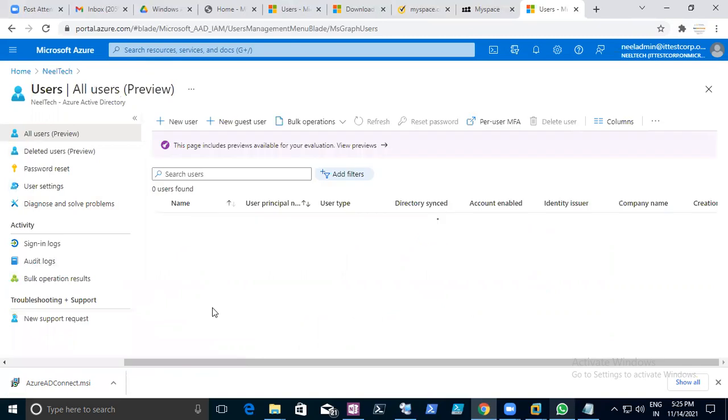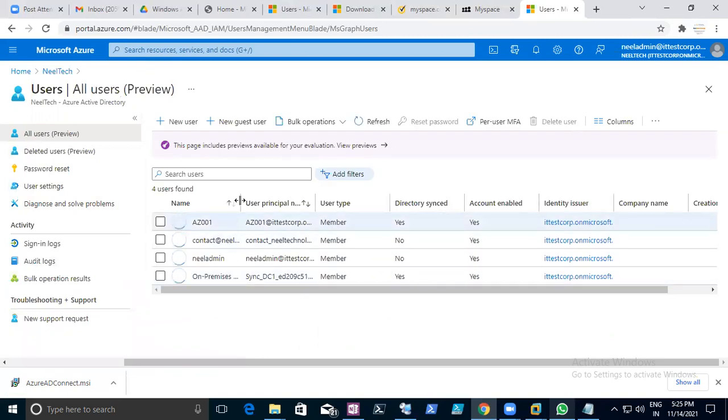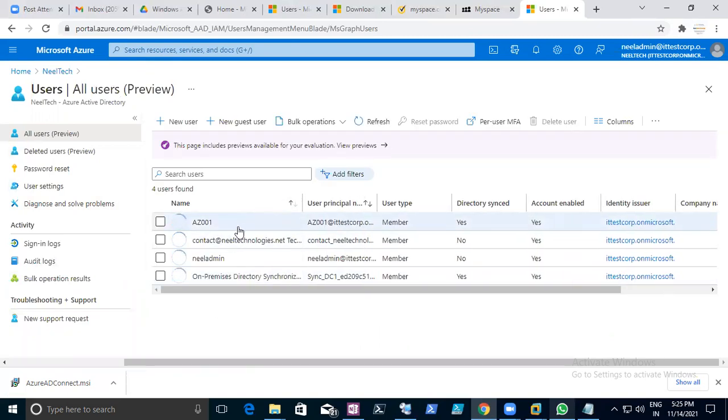Users. See, Azure 001 is there, right? The earlier one we created from the AD. Yeah, perfect, very nice. It is at 001. Now Neil admin is the reverse domain and also there, and whatever you created now, at 002, will get updated.